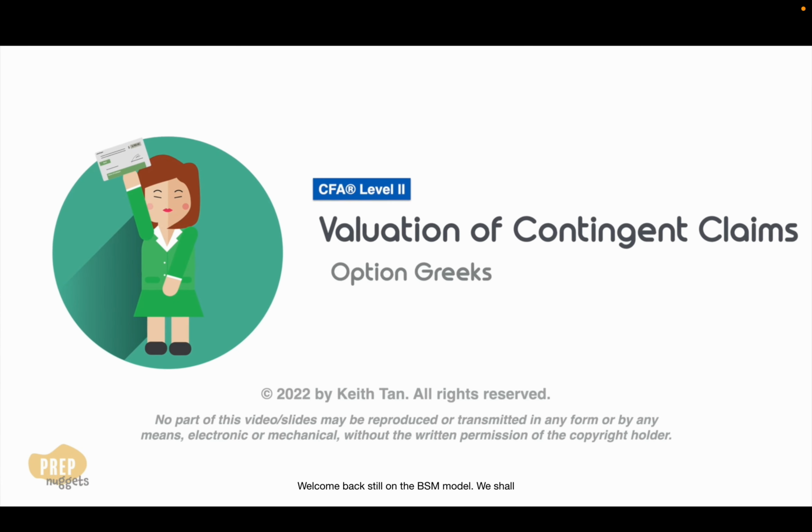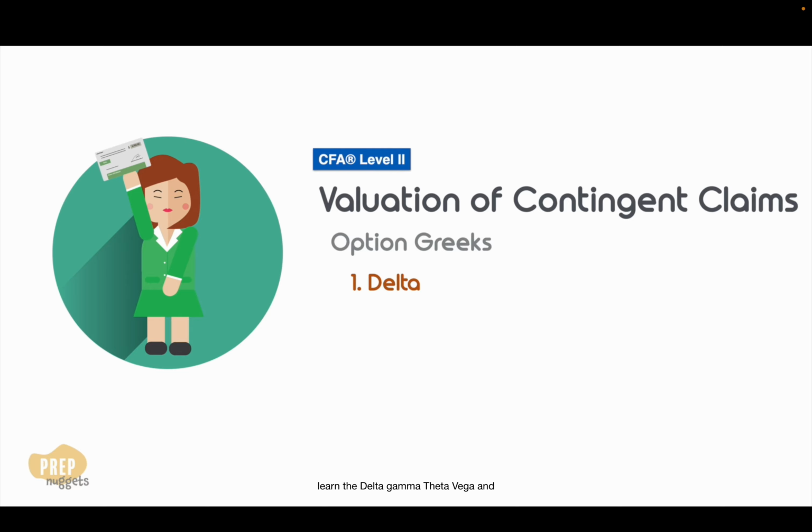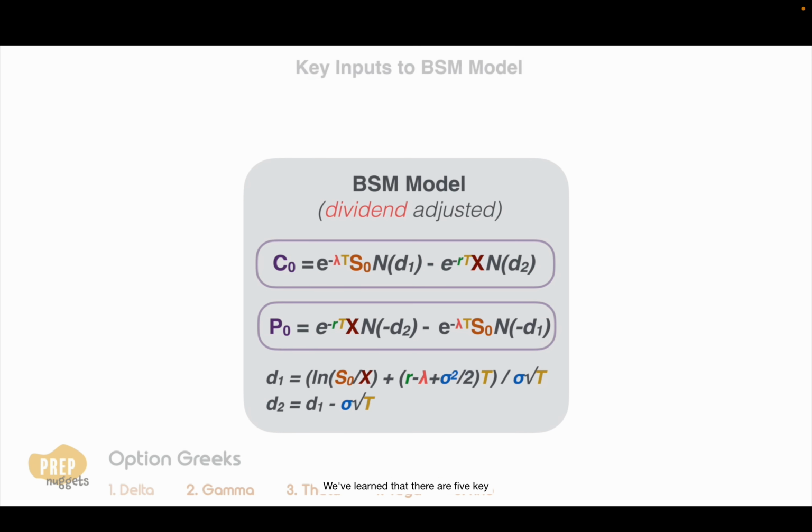Welcome back. Still on the BSM model, we shall learn the option Greeks. In this order, we shall learn the delta, gamma, theta, vega, and rho. Let's jump right in. We've learned that there are 5 key inputs to the BSM model: the underlying asset price,